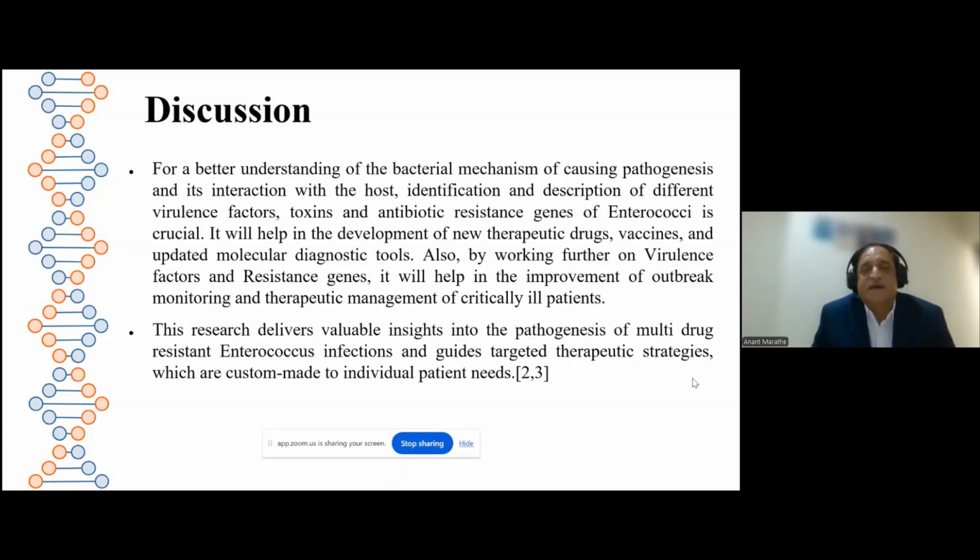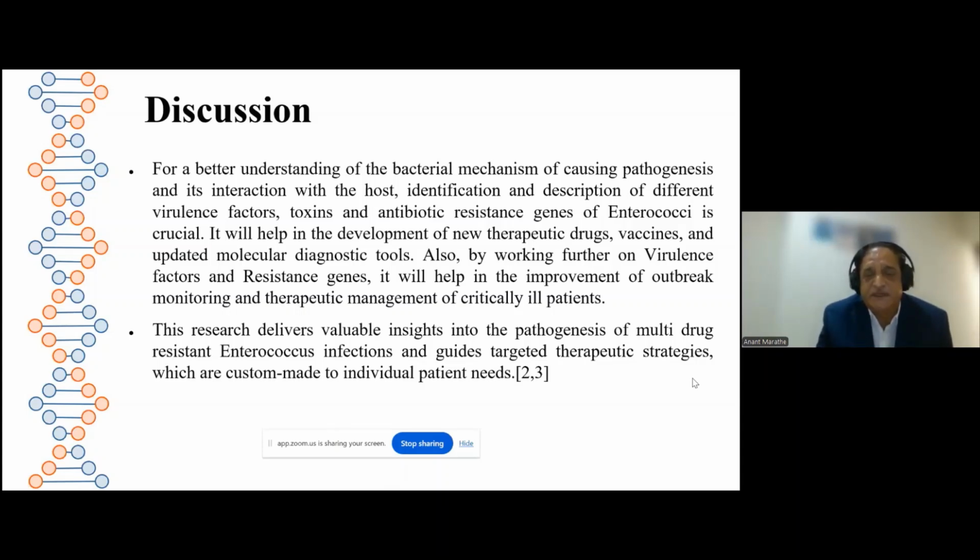For a better understanding of the bacterial mechanism of causing pathogenesis and its interaction with the host, only one of the faecalis was vancomycin resistant, while most of the Enterococcus faecium were intrinsically resistant to vancomycin. The research delivers valuable insight into the pathogenesis of multi-drug resistant Enterococcus infections and guides targeted therapeutic strategies which